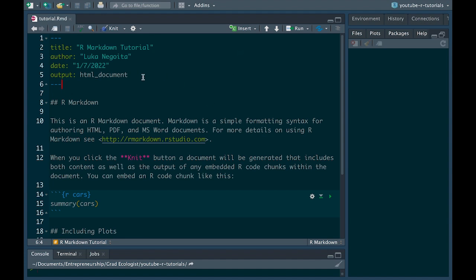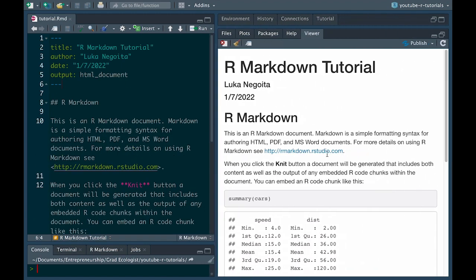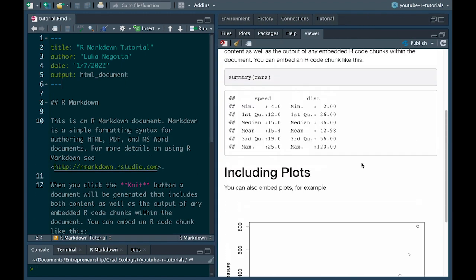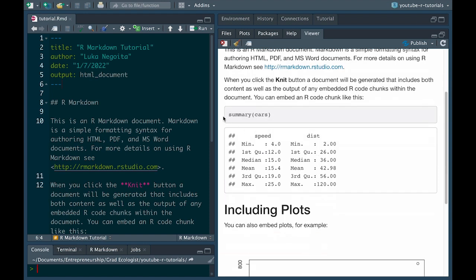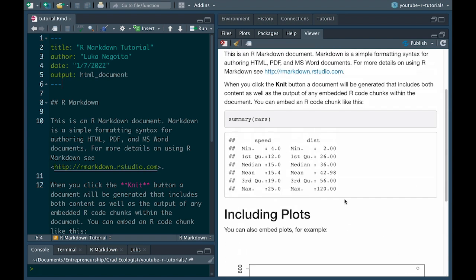All right, so assuming you have everything installed and you've been able to open up this new R Markdown document, now once you have it and you've saved it, go ahead and up here, you will see this knit button. You don't need to click on here. We're not going to knit in any other way. We're just going to knit using the default option. So just click right on knit. What happens is that this document gets turned into an HTML file. So all of this text here has gotten turned into this file, which is really cool. It's a combination of text, of R code, the output from the R code, including plots, and various other formatting options.